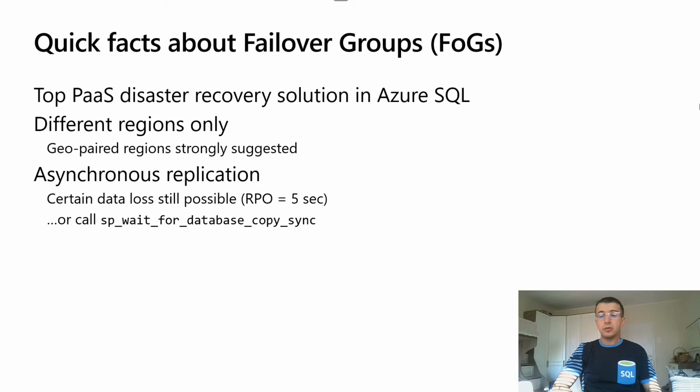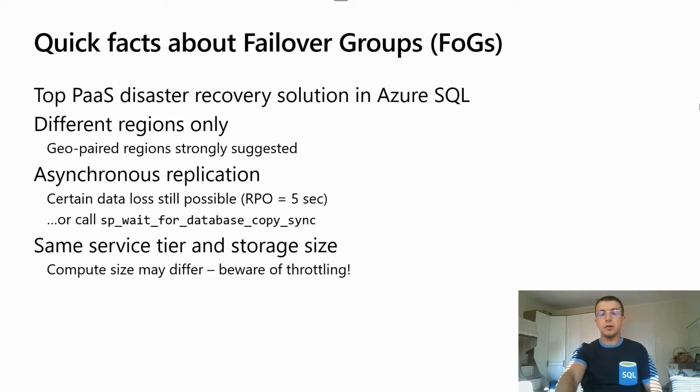Still, there is a way to achieve an RPO of 0, meaning to avoid any data loss with the Failover Groups. Of course, it comes with a trade-off in terms of performance. If you call the stored procedure sp_wait_for_database_copy_sync after committing each transaction that must be hardened on the geosecondary, you will wait longer. However, you will have a guarantee that there will be no data loss in case of